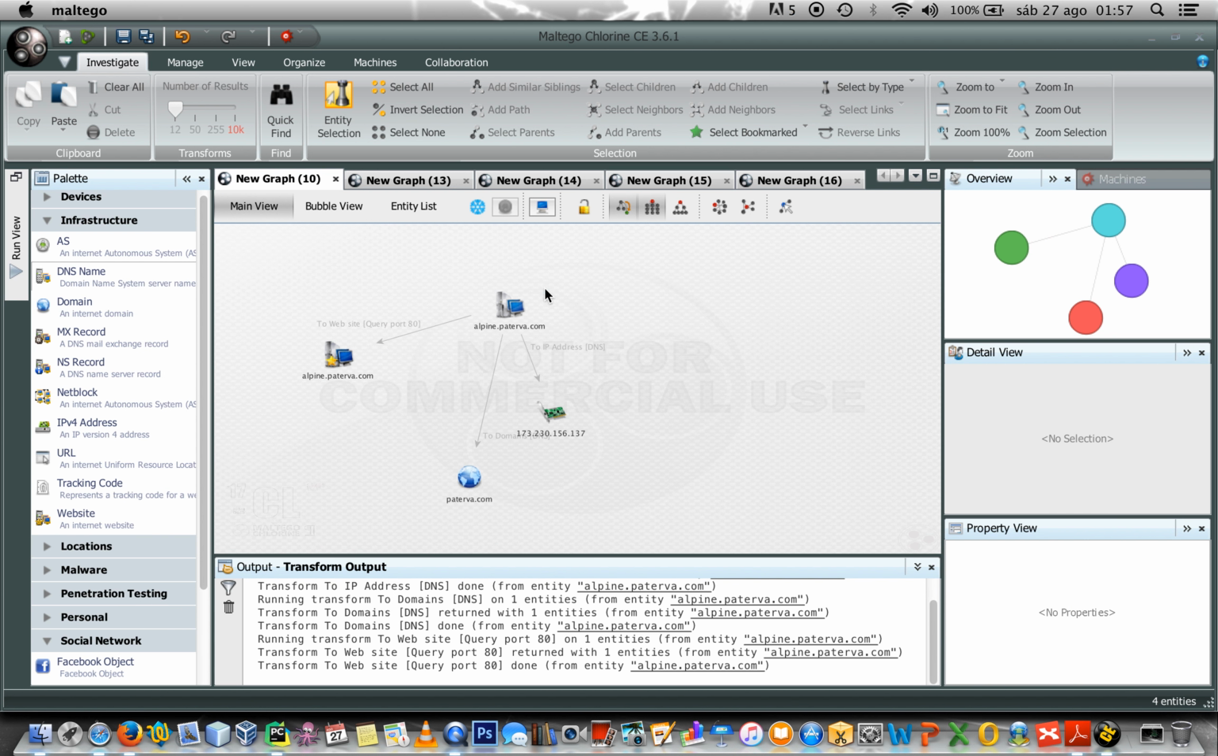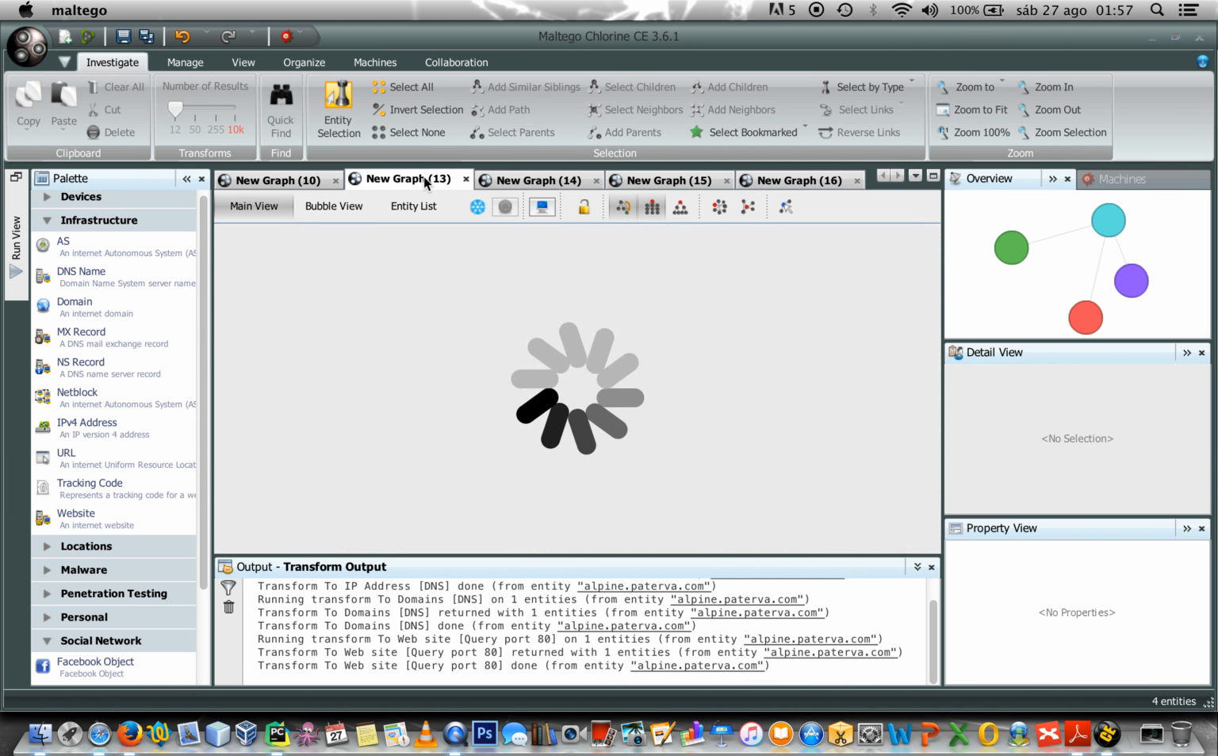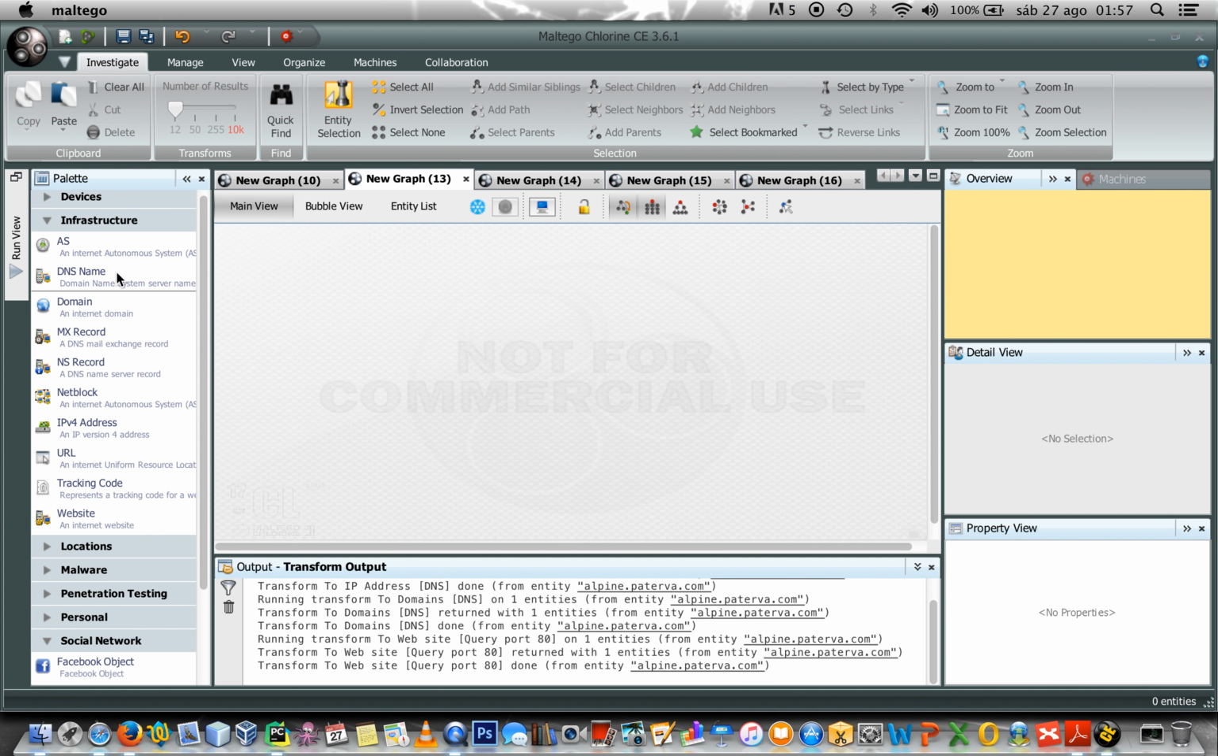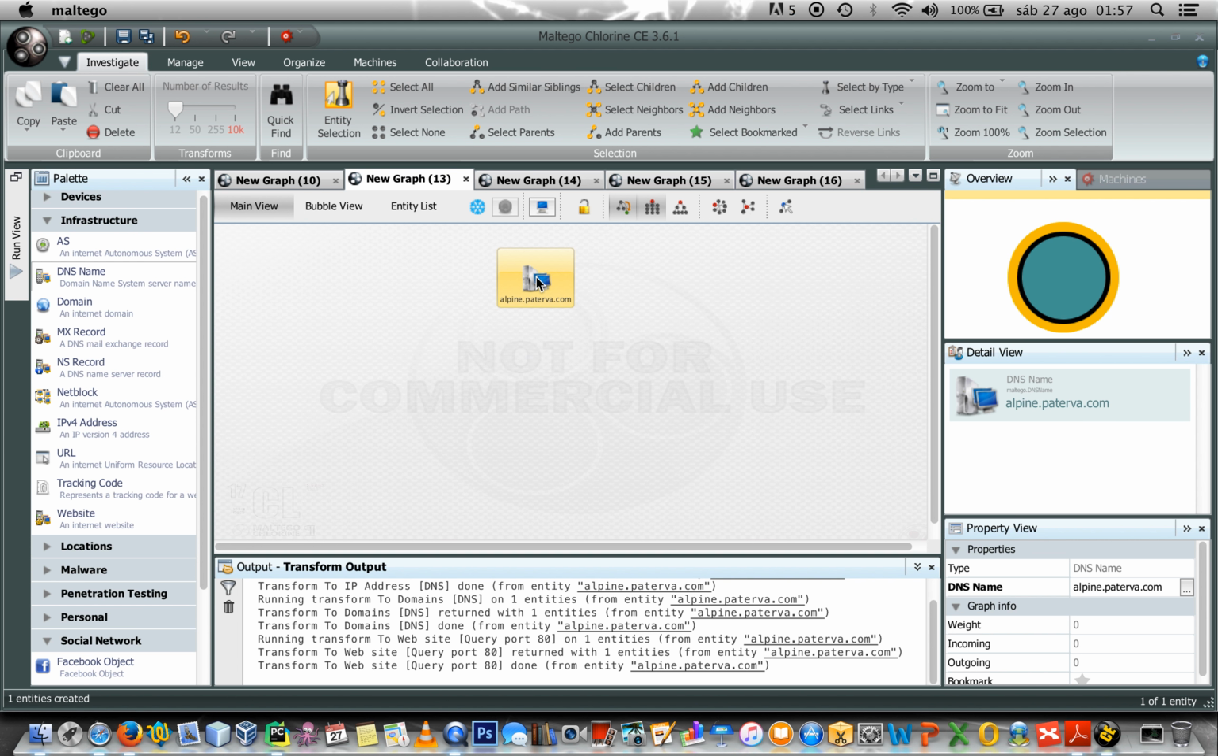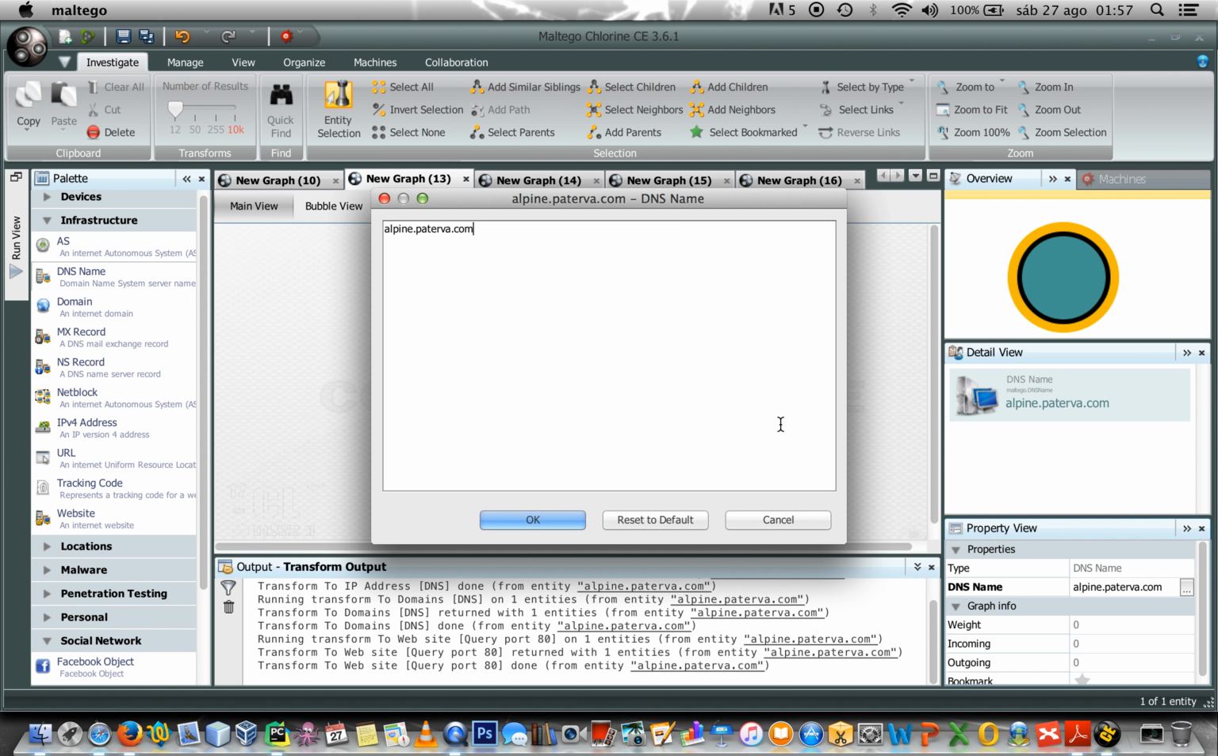And the last info that you can get from DNS is just to enumerate hosts. And in order to do that, I'm going to use a new graph. Let me drag and drop a new DNS name. Let's change this value and replace it with another value. In this case, I'm going to type mail.paterra.com,